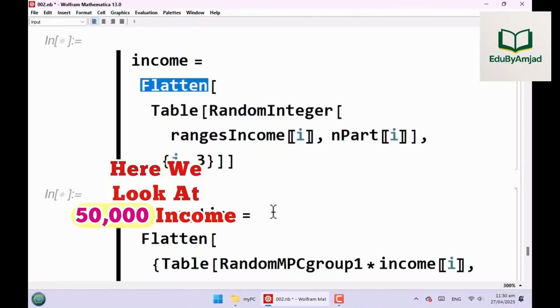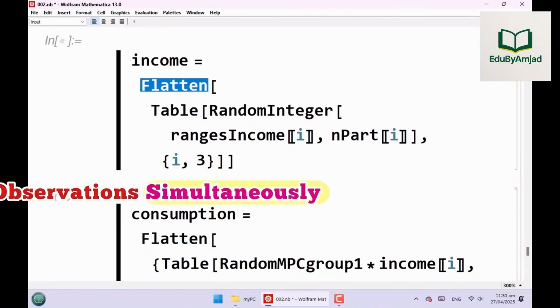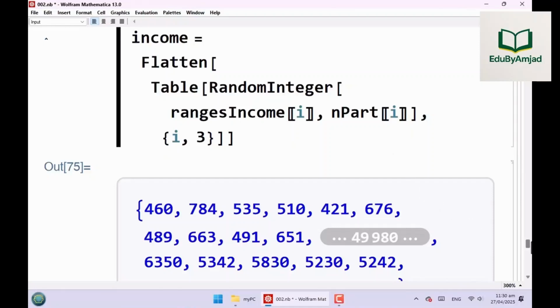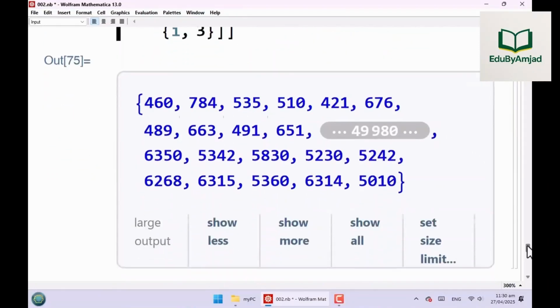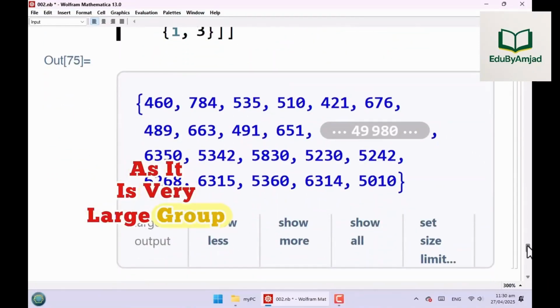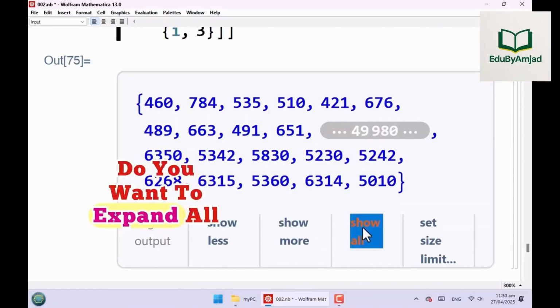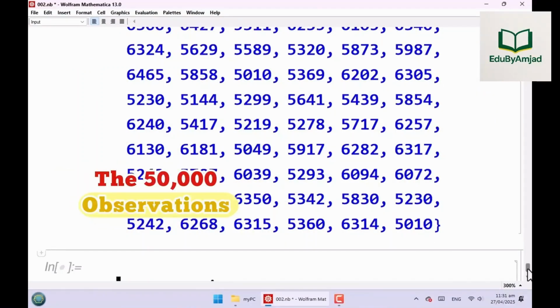Here we look at 50,000 income observations simultaneously. As it is a very large group of observations, Mathematica first confirms: do you want to expand all the 50,000 observations?